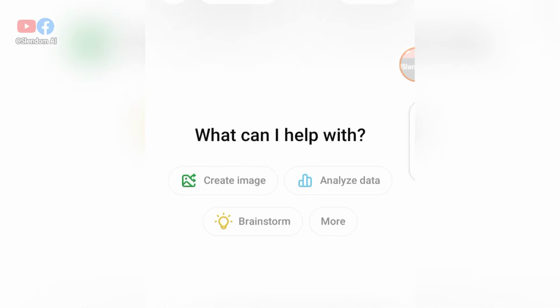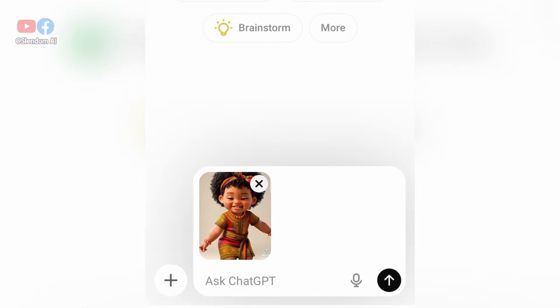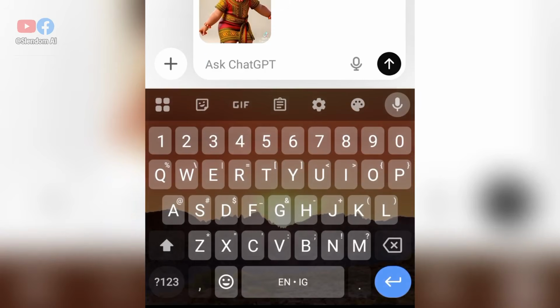So I have uploaded the photo this way, and now I'm going to tell ChatGPT to create me another version of this image, a generic version maintaining the style and this particular attire. Or if I don't want this particular attire, I will just put in my own attire. So I'm going to put a prompt like